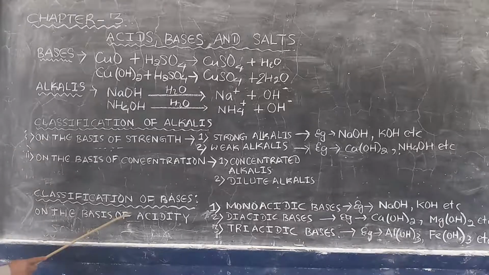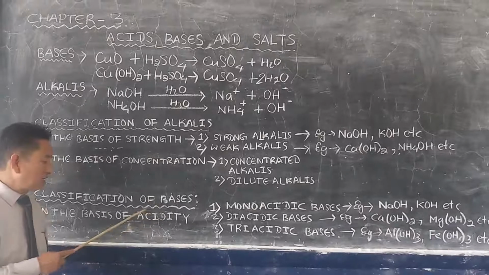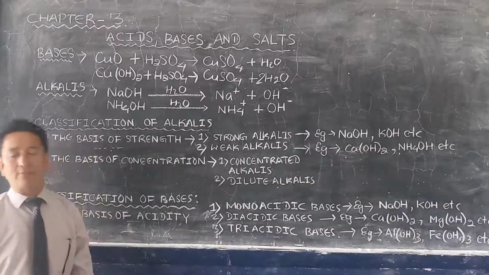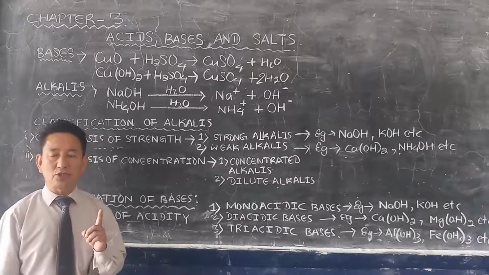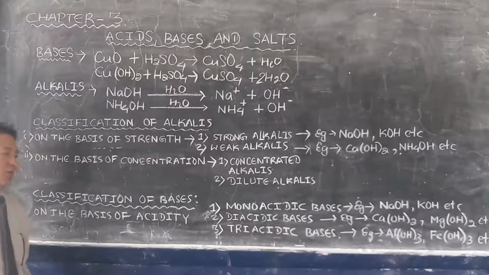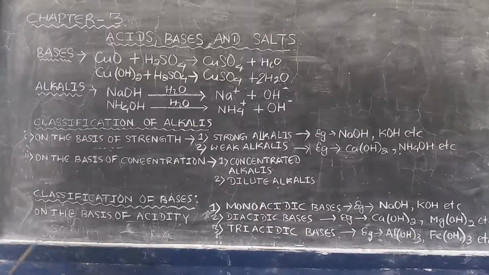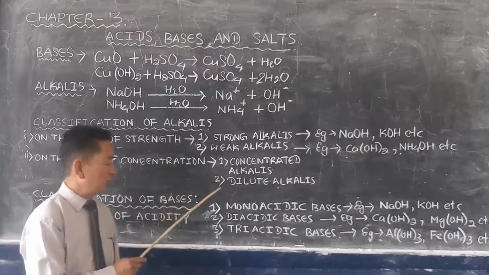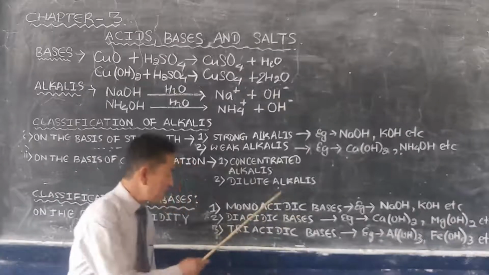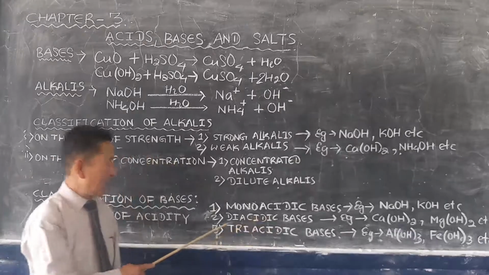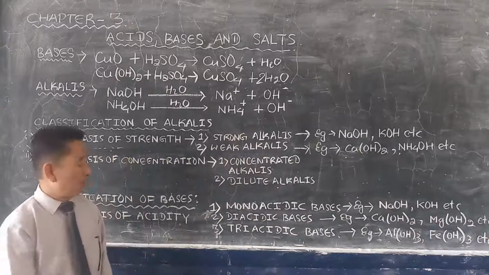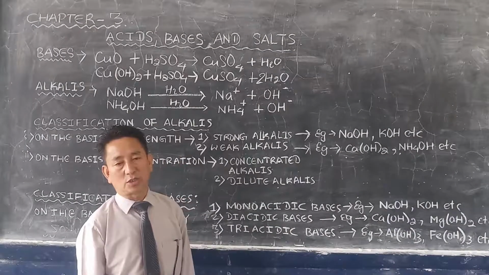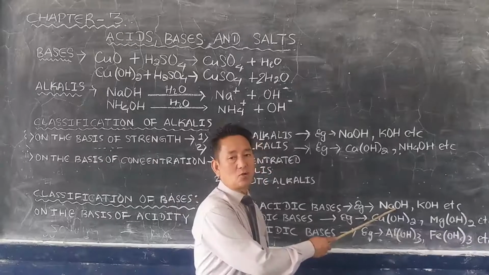Now here the last one, classification of bases, on the basis of acidity. Acidity means the number of hydroxyl ions that can be produced by the ionization of one molecule of base in the aqueous solution. On the basis of acidity, bases can be classified into three types, monoacidic bases, diacidic bases and triacidic bases. Monoacidic bases are those bases which when dissolved in water produce only one hydroxyl ion